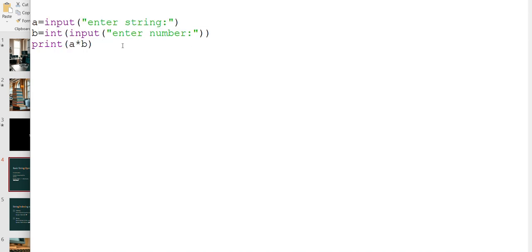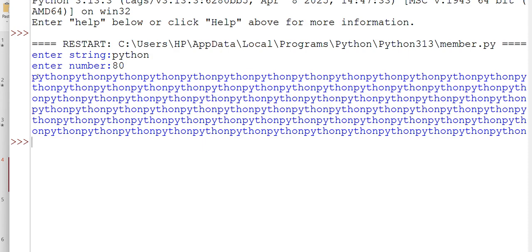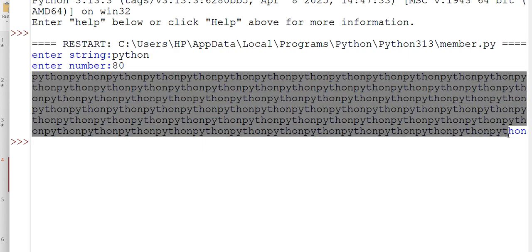That means I want to multiply the string a that I'll take from the user, b number of times. The b is a value that the user will enter, and I want to multiply my string that number of times. Let's say the user enters the string Python, and for the number I enter, let's say, 80. You can see over here, the user is able to print the string entered by the user n number of times. The number is over here, 80. I hope this is clear.